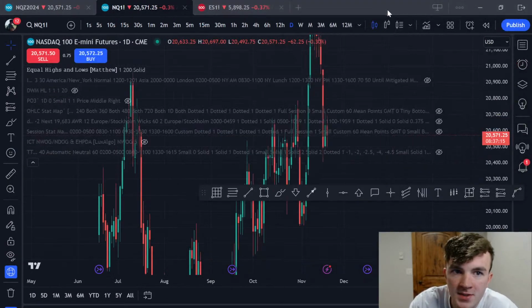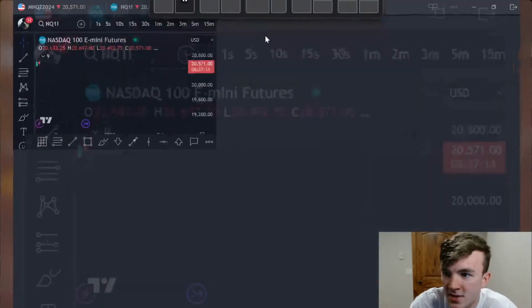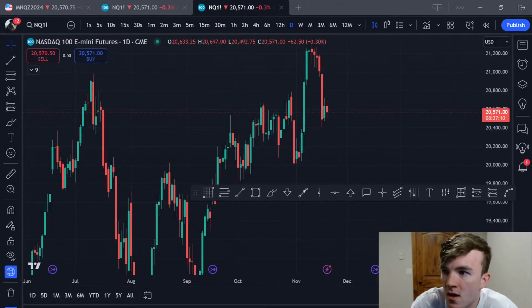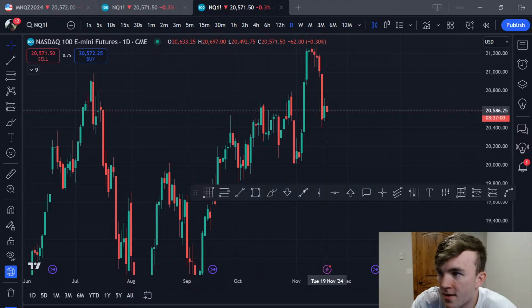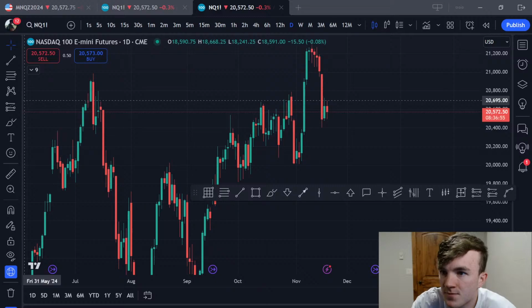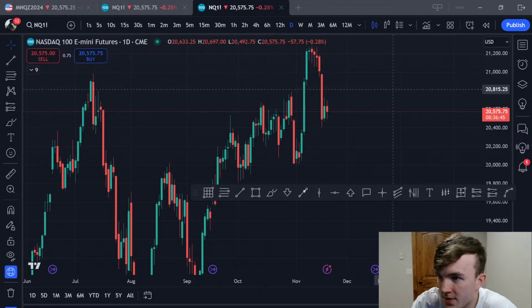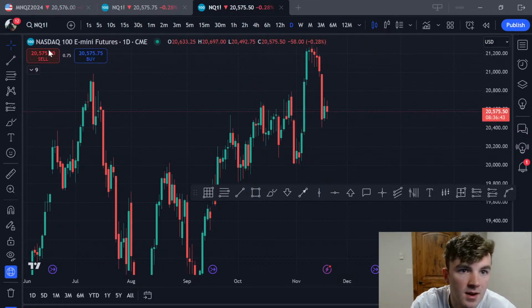So this is my main screen. This is my side screen. Okay, this one is simply for SMTs, so I'm going to get rid of all this stuff. Then I'm going to have the daily charts as well on this other monitor in case I need them. This is how I want to set it up. And then on this monitor, I'll have